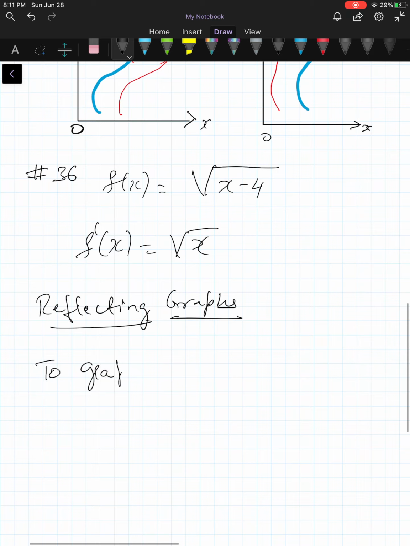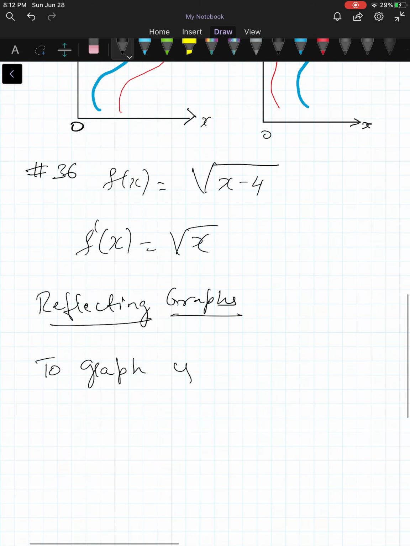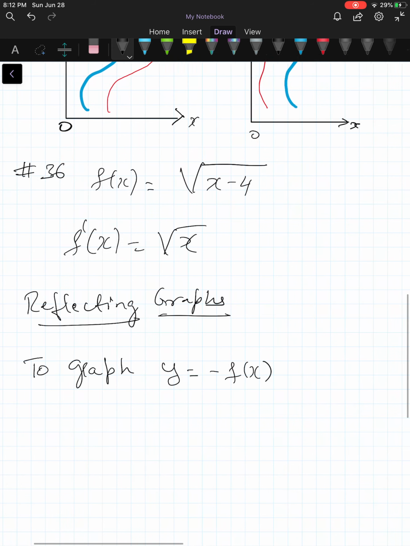By definition, if you have the original graph above the x-axis, that means the reflection would be below the x-axis. So what does it take to change it? You have to operate all the functional values by a negative sign. The same thing applies to a graph which is below the x-axis. If you have to reflect it back above the x-axis, you will operate all the functional values by a negative sign. So to graph y is equal to negative f of x,